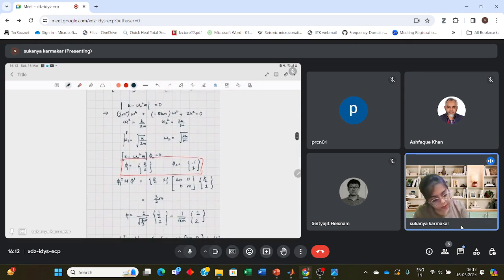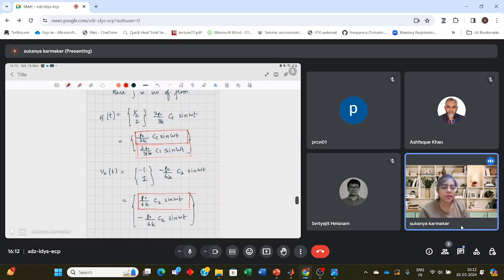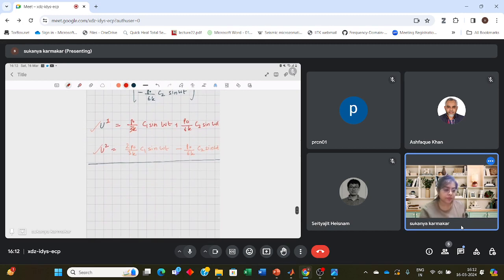Yeah, this is omega 1. This is omega 1 and omega 2. If you substitute that, they are basically functions of omega. So I've just made it concise and written it in this format. Okay, then